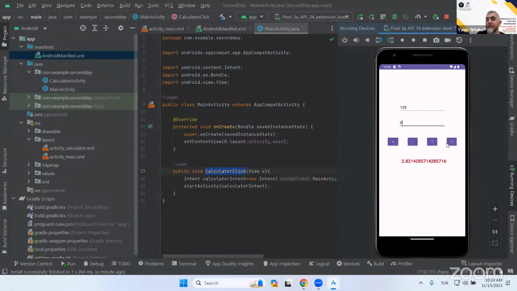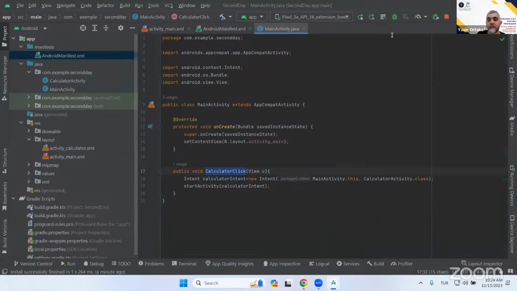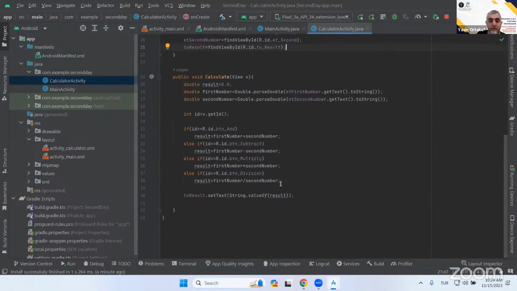So we will get a divide by 0 error. It says infinity. So we can handle the situation in the code, in the calculator activity. So this is the division case. In the division case,